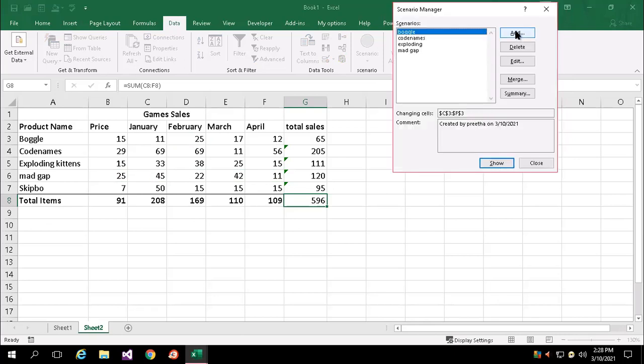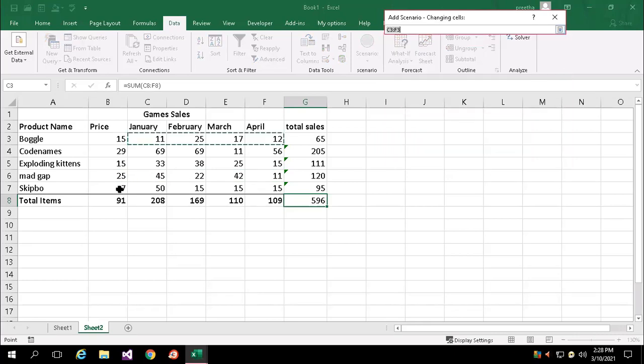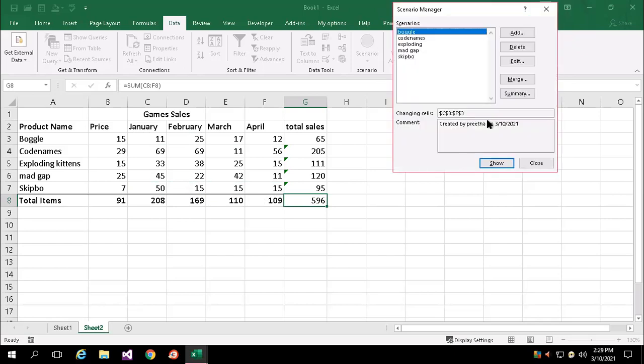Then add another, the last scenario is Skip-Bo. Let me change the default value or any one here. Say okay. So I planned different inputs for each product in the months January, February, March, and April.